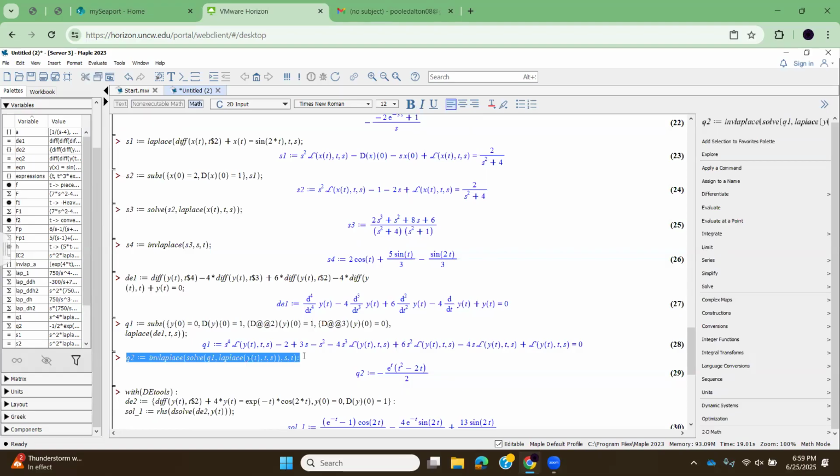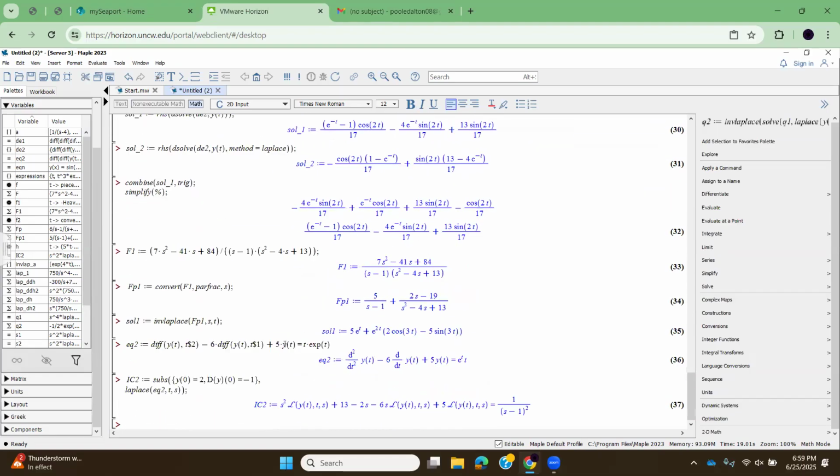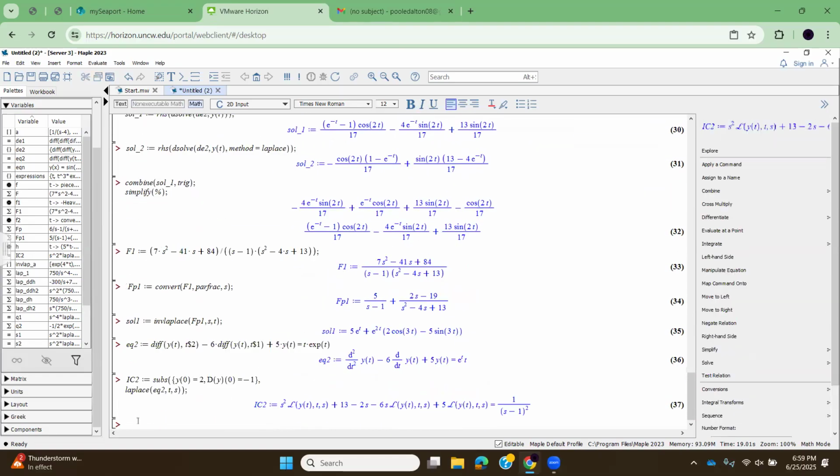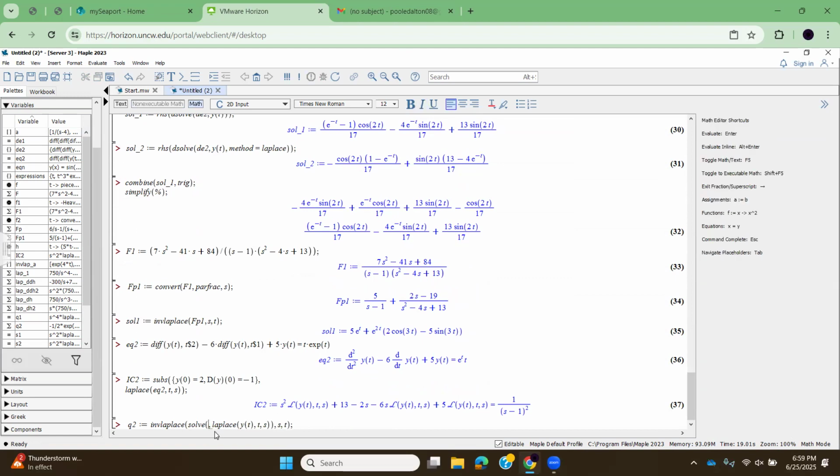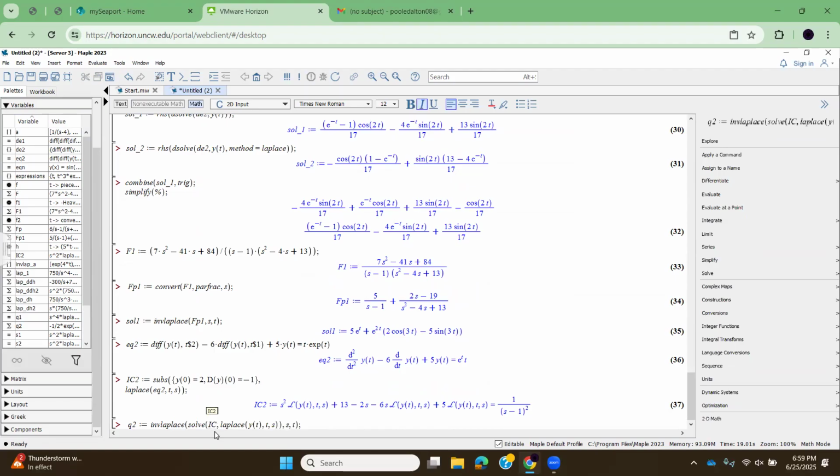have it solve that. So what it's going to be doing is it's going to take this equation and rearrange it, turn it into a function of s. That's what the solve does, and then it's going to invert it. So all we have to do is just change this to, I believe IC2,